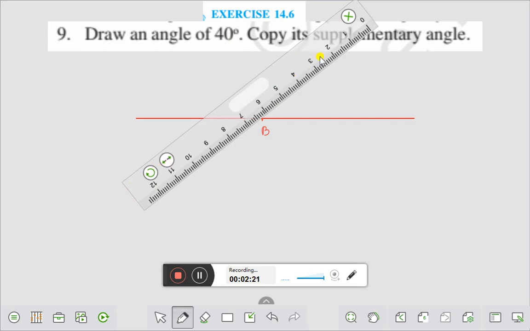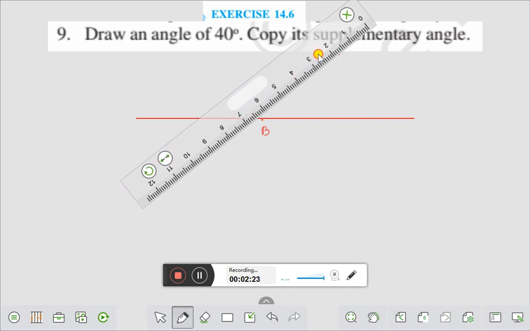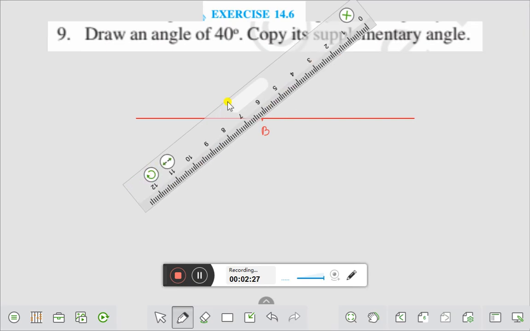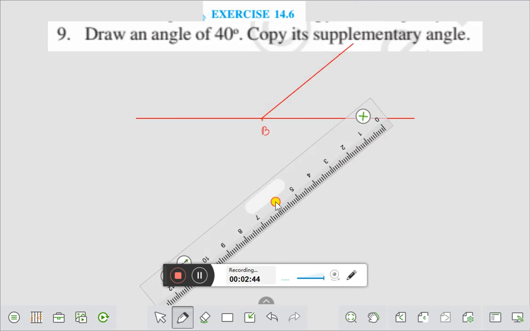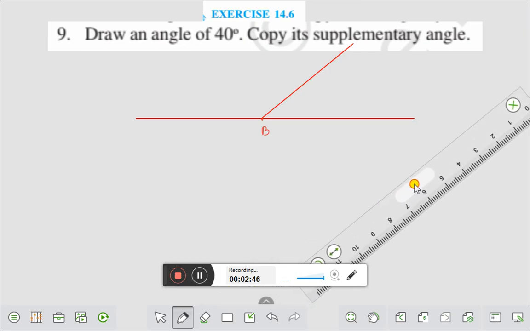Now I draw a straight line here to make angle of 40 degree. Now draw a line here. This is exactly 40 degree. Right. Now what you have to do,